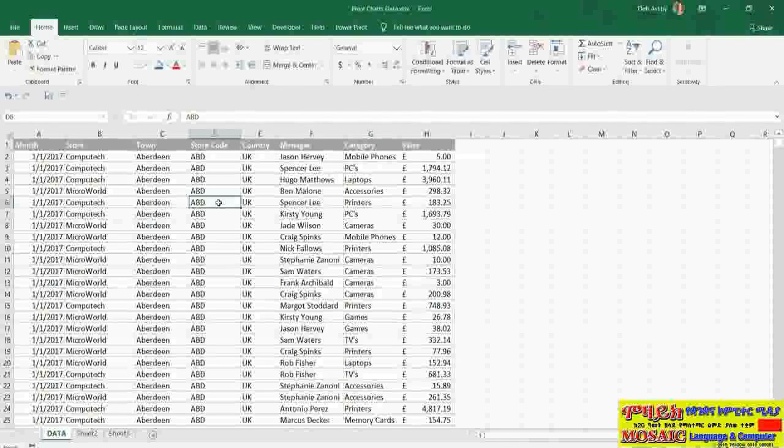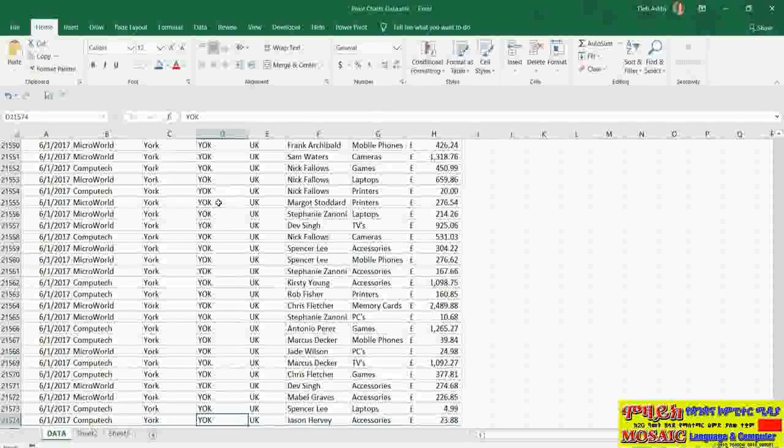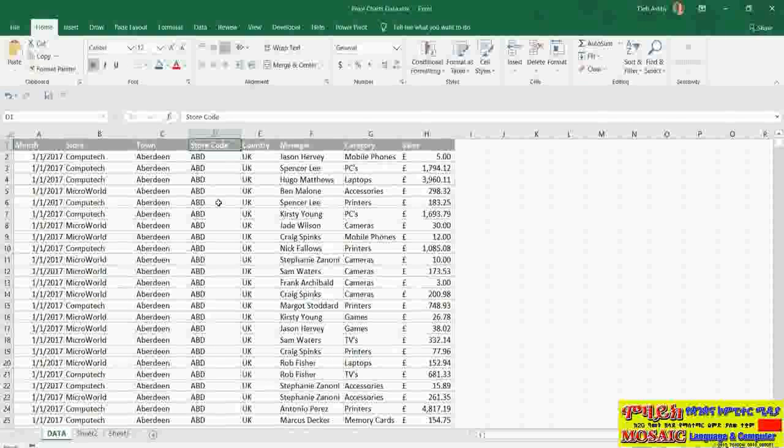If I press Control Down Arrow to jump to the last row, you'll see I have 21,574 rows of data, so fairly sizable. If I press Control Up Arrow again, it's going to take me up to that first row. Now this is sales data for 2 stores in the UK, and I want to do various different analysis on